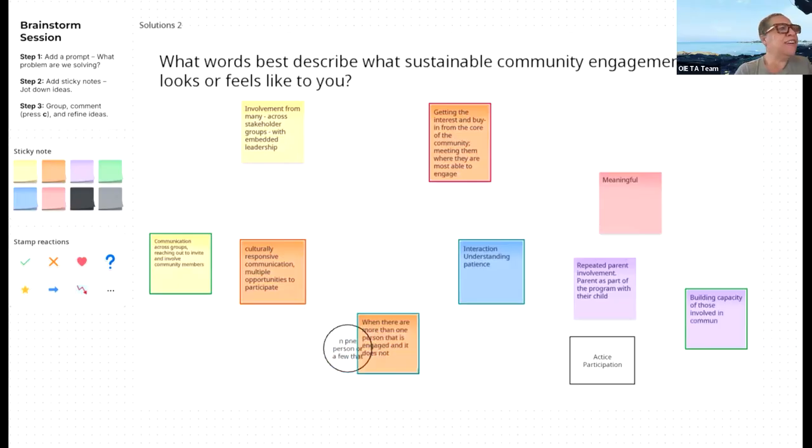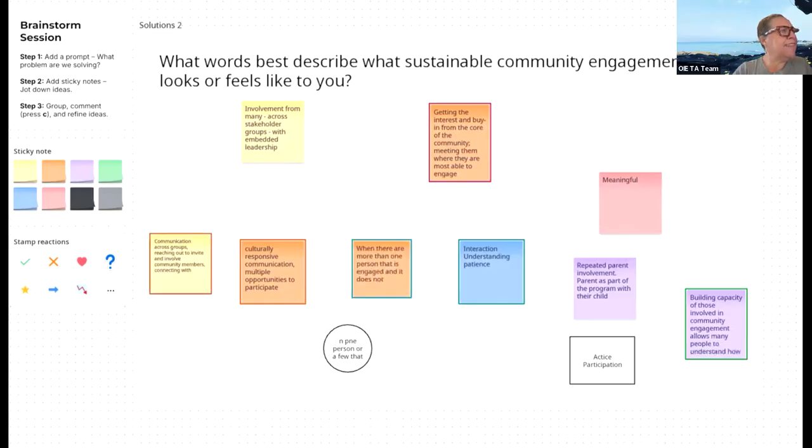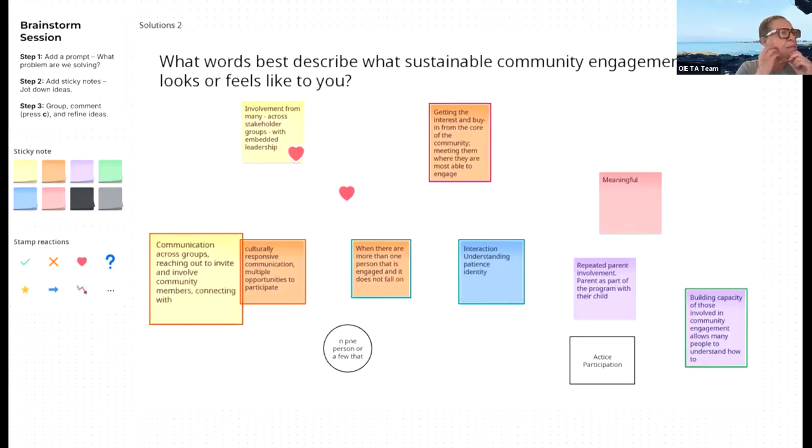All right, I'm going to take a look. Involvement from many across stakeholder groups, yeah, with embedded leadership. Nice. I'm going to make this yellow one a little bigger. Communication across groups, reaching out to invite and involve community members, connecting with culturally responsive communication. Interesting.